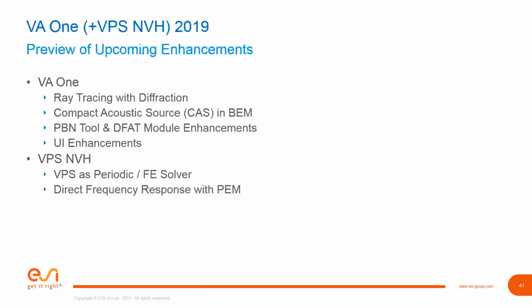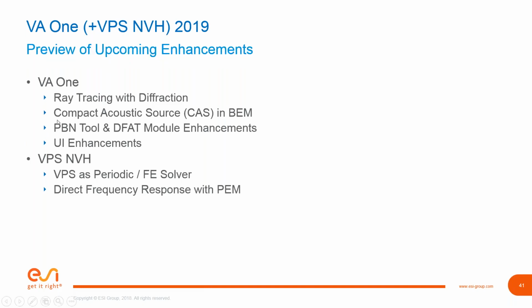Before the Q&A, I want to give you a little teaser and preview. Of course, we're already working on VA One 2019, as well as the flavor VPS, the NVH. That's the main FE solver at ESI, and one we're increasingly using. I can remind you, putting diffraction into ray tracing and completing the exterior full range solution is very important for us. That's one of our most important things for the 2019 release,